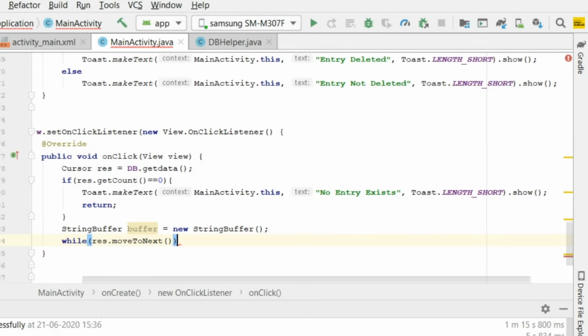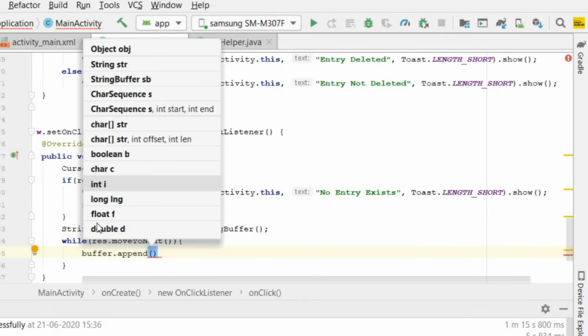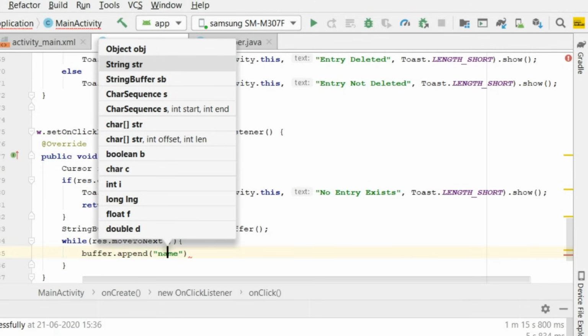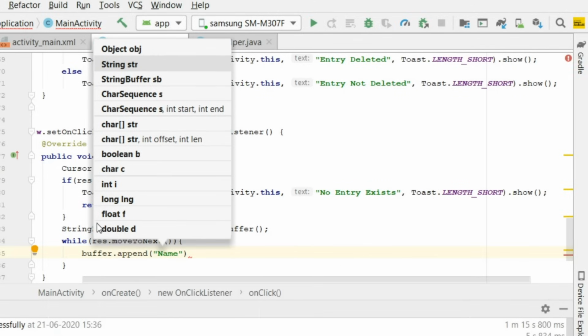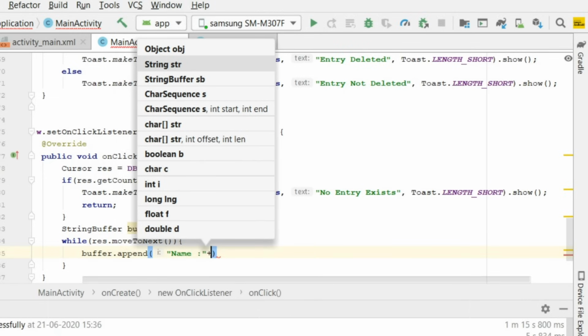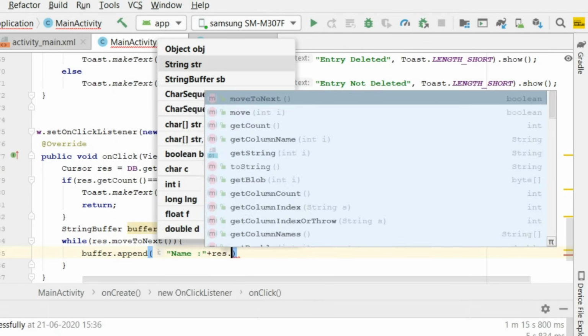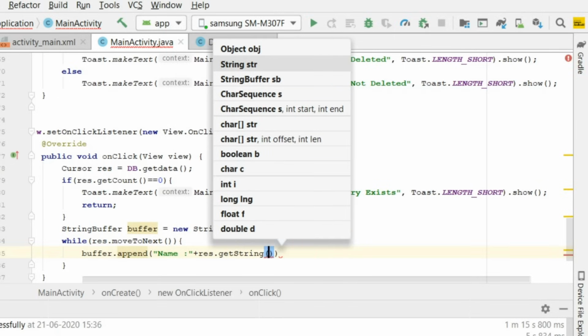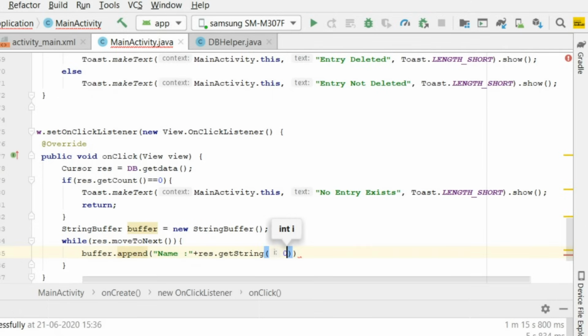brackets, inside that we will write buffer.append. So in the first column, name, it will store in the buffer name colon, and after the quotes we can write plus res.getString value 0, string array 0, and stores in the buffer. Then just write a slash n here,